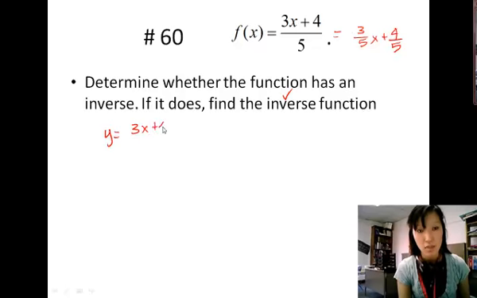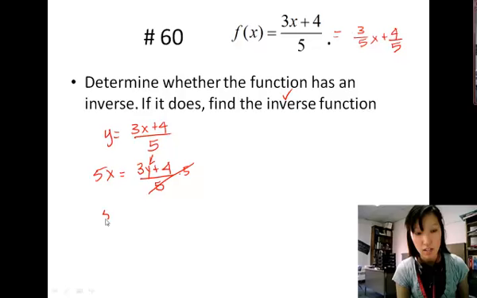y equals 3/5 x plus 4/5. That was the first step. Then we're going to swap the roles because I'm trying to find the inverse function, and I'm going to solve for y, so I'm now going to document everything that would undo stuff onto this x, because that's going to be the inverse function. So we're going to multiply by 5, that's gone. We have 5x